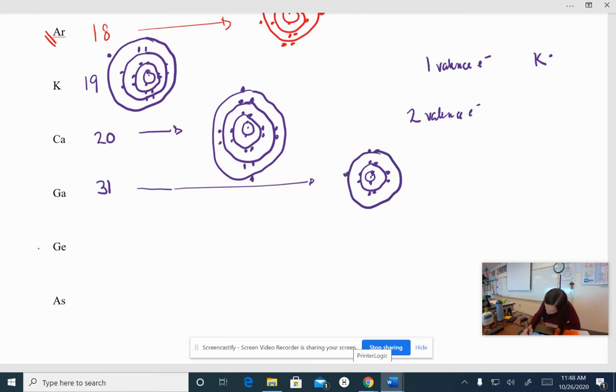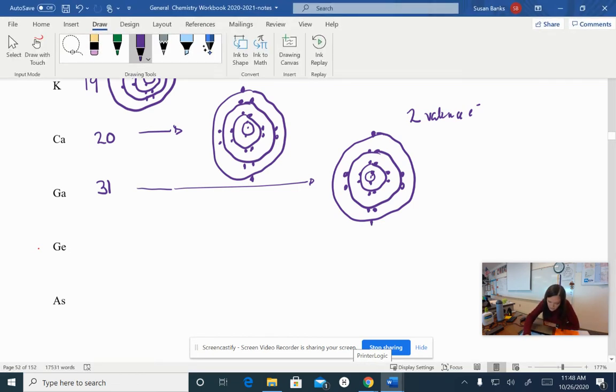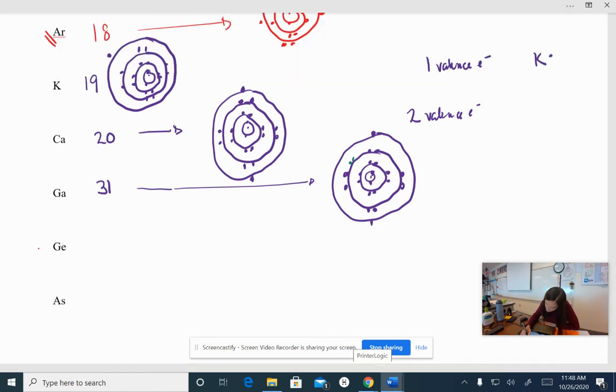One, 2, 3, 4, 5, 6, 7, 8. And then remember for calcium, we had the first 2, 1, 2, and then we had 10 in that transition metal block. Those 10 do a weird thing, and it's due to quantum mechanics. And I'm not going to explain quantum mechanics, but when we go over the transition metal block,